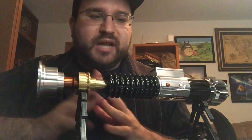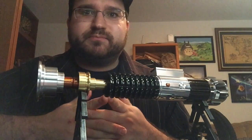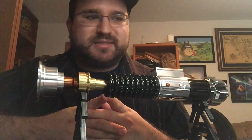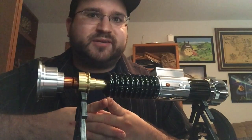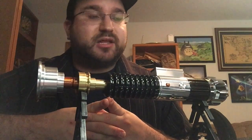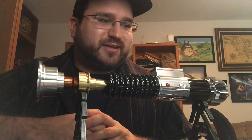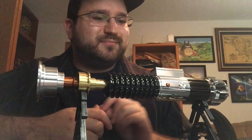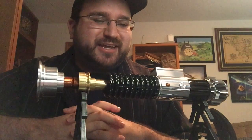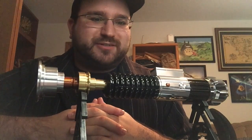So anyway, I received this hilt. Let's do a little bit more backstory. I had seen a pre-order for this hilt on Roman's new website, and I was like, what is this? This looks like Obi-Wan Kenobi's lightsaber from Episode 3. That's my favorite. So I wrote to him, and I'm like, how screen accurate are we talking? And he's like, I'm going to make this as screen accurate as humanly possible. And I'm like, down. I threw down my deposit for the pre-order right then and there. And yeah, I'd been following the work as progress pics came up, and I was very excited. And then finally it arrived a couple weeks ago, and I was